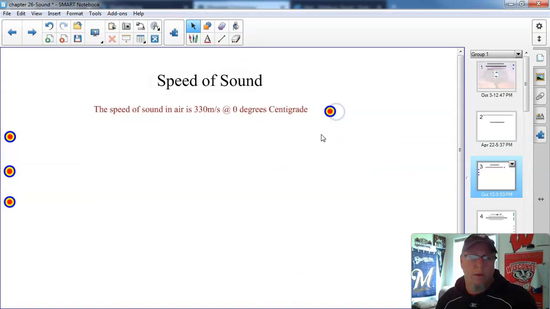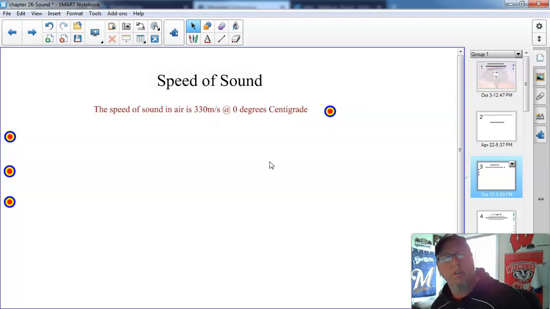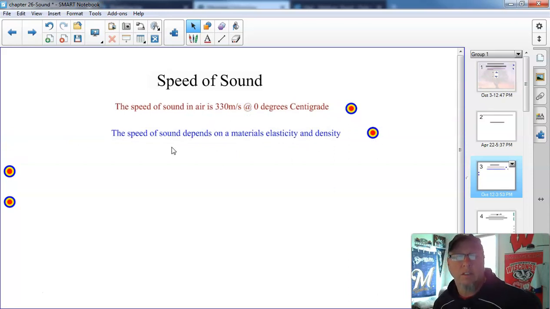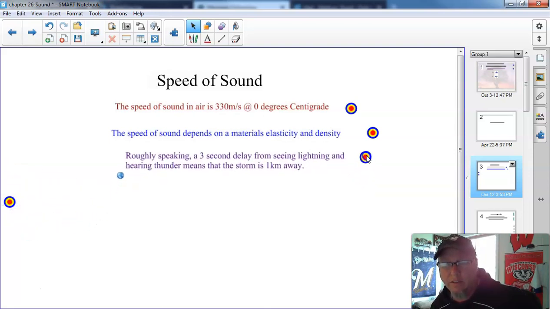So here are some things. Number one, this is the speed of sound at 0 degrees. That's going to be an important number because we're going to use it in a math formula today, so make sure you have this piece of information written down. Number two, I just mentioned this: the speed of sound depends on the elasticity and the density of the material. Elasticity means that the atom can move and then come right back to where it bounced from. Density is just how tightly packed they are together. So a very elastic and very dense material is going to have sound travel the fastest.